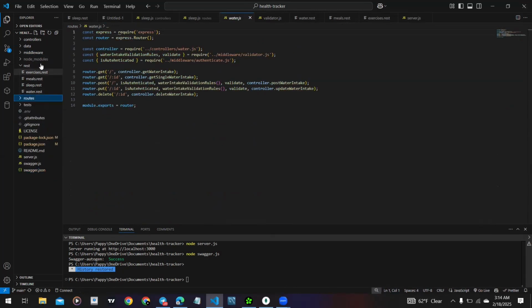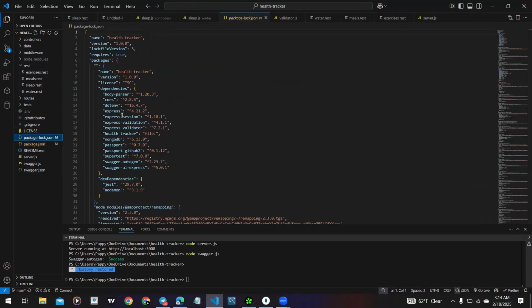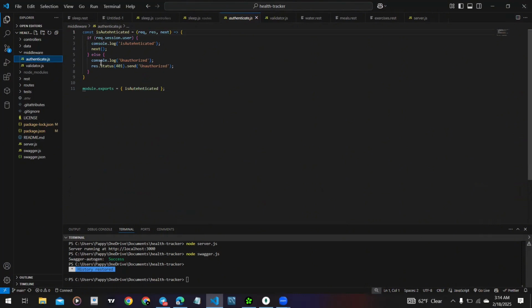And then after we did that, we generated the authenticator. So this is the authenticator. Before we did that, we installed these packages. We installed the express session package, the cors, the supertest, the passport GitHub, and all of the necessary packages. And then the next thing we did was create a new authenticate.js file. This is where we put the